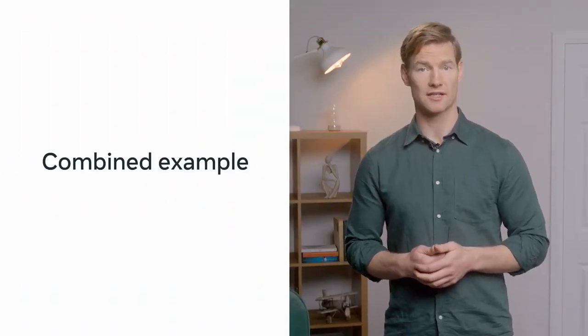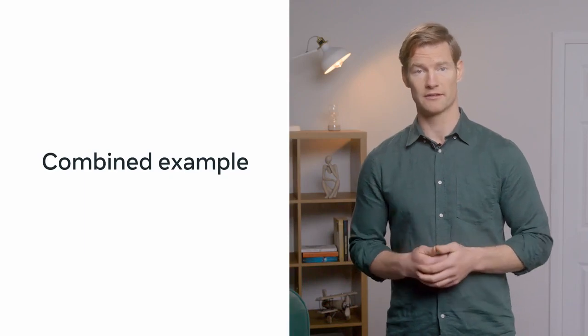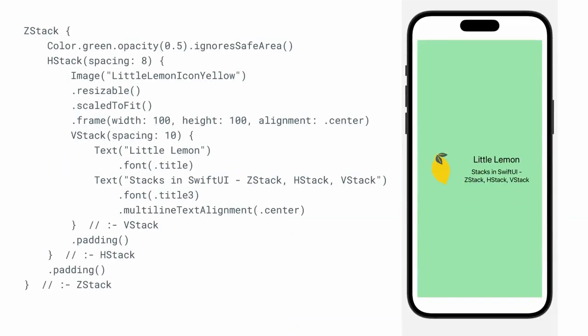Where stacks really shine is when you combine them. You can build complex views quickly with combinations of VStack, HStack, and ZStack. Let's observe one more code example where all the stack types you just learned about are applied. In this example, the ZStack contains a HStack, which contains a VStack. The VStack contains 2 text elements, Little Lemon and stacks in SwiftUI, ZStack, HStack, VStack, which are arranged from top